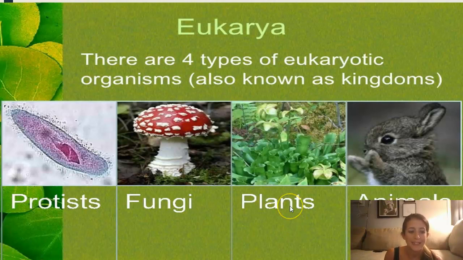Alright, so next we have plants. So our plants are autotrophic. They do make their own food. So fungus, heterotrophic. They do not make their own food. They're consumers. Plants will make their own food. They are autotrophic. Plants are also multicellular, and their cell wall is going to be made up of cellulose. So it's going to be very specific to the plant kingdom. All right, and then finally we have animals or animalia, which is our kingdom. You're going to be heterotrophic, multicellular, and no cell wall at all.